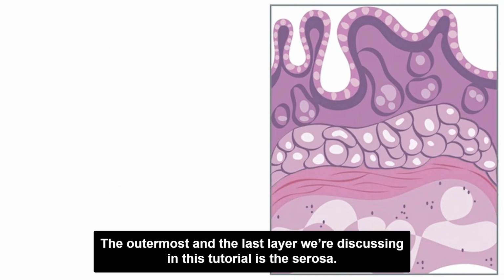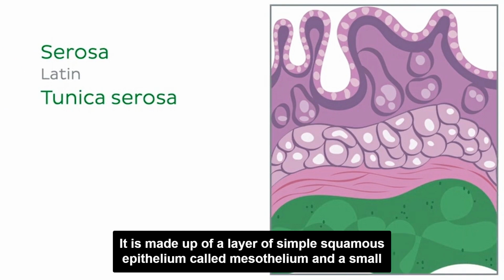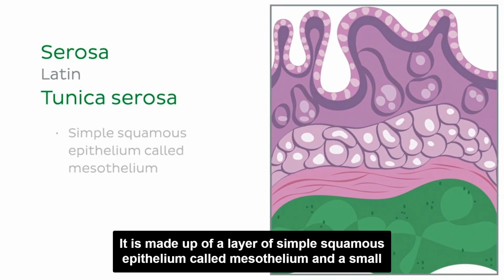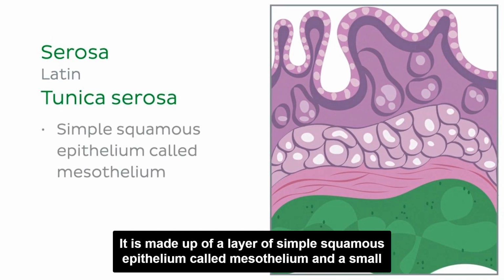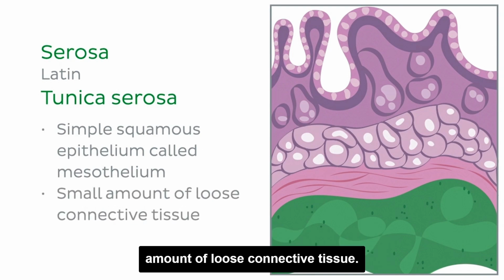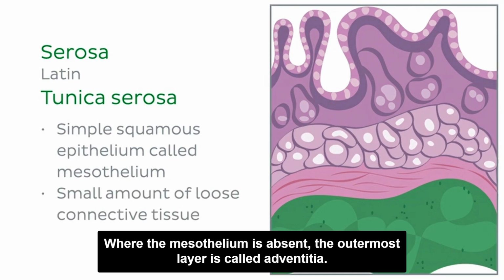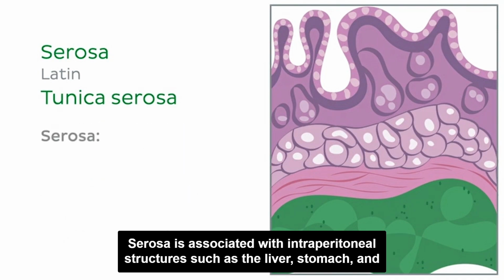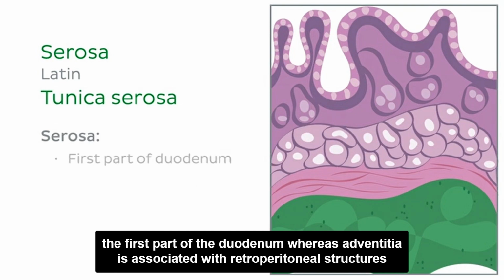The outermost and the last layer we're discussing in this tutorial is the serosa. It is made up of a layer of simple squamous epithelium called mesothelium and a small amount of loose connective tissue. Where the mesothelium is absent, the outermost layer is called adventitia. Serosa is associated with intraperitoneal structures such as the liver, stomach, and the first part of the duodenum, whereas adventitia